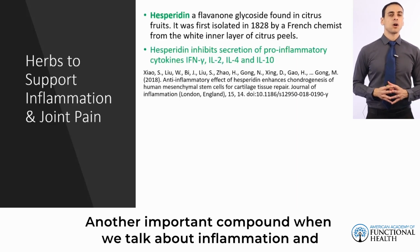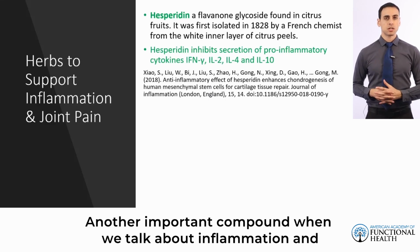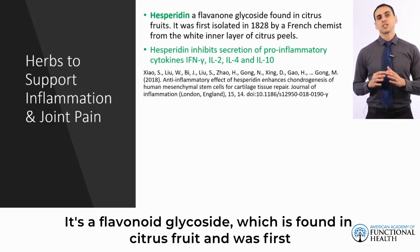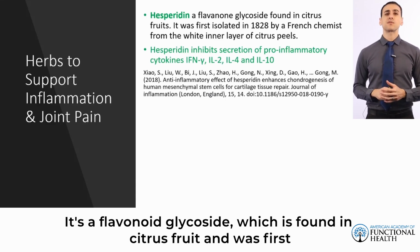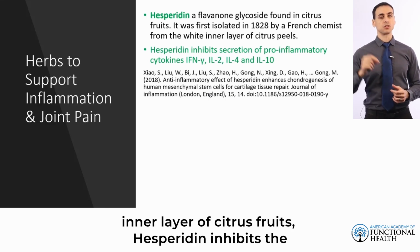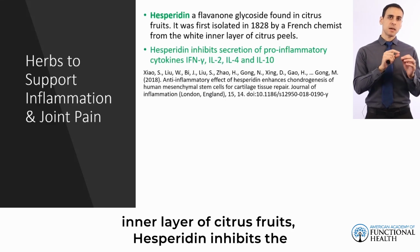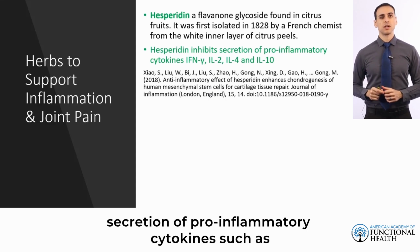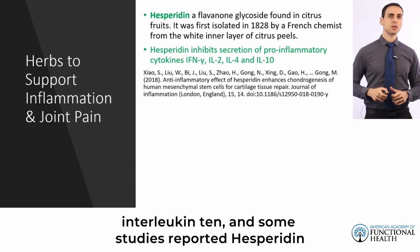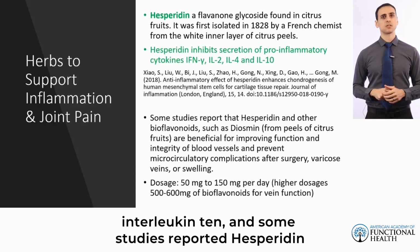Another important compound when we talk about inflammation and joint pain is hesperidin. It's a flavanone glycoside which is found in citrus fruits and was first isolated in 1828 by a French chemist from the white inner layer of citrus fruits. Hesperidin inhibits the secretion of pro-inflammatory cytokines such as interleukin 2, interleukin 4, interleukin 10,